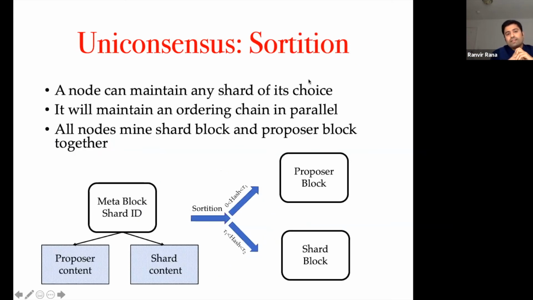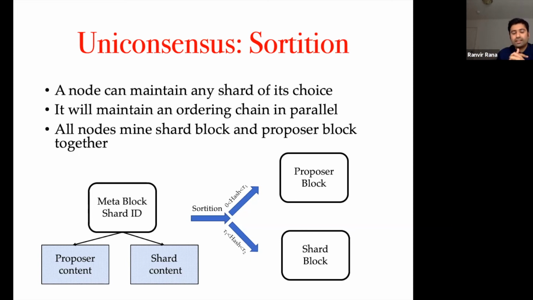Another main building block is sortition. This mining sortition basically ensures that a single node can only mine on one shard of its choice, but one shard, and it effectively partitions. It cannot focus on mining on a shard and mining on proposal blocks at the same time. For the time being, for this presentation, I'll just assume that we are running on proof of work. However, the protocol is agnostic to whether we use proof of work or proof of stake. So this is a proof of work sortition.